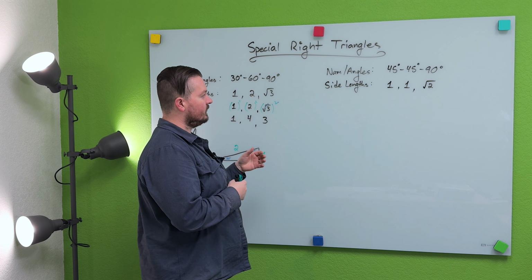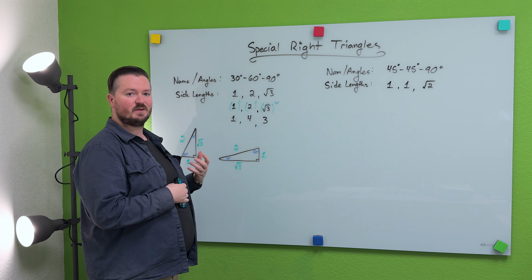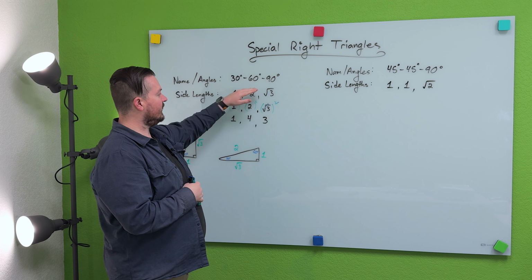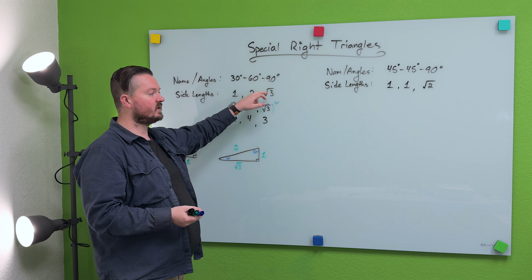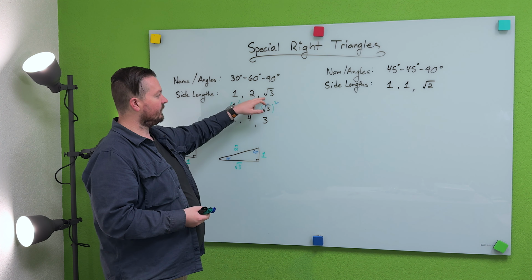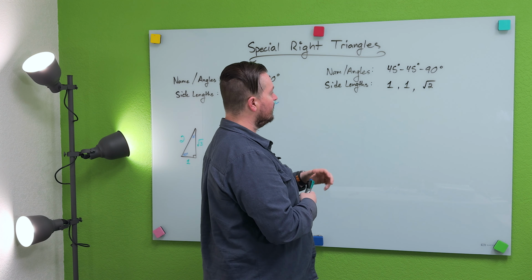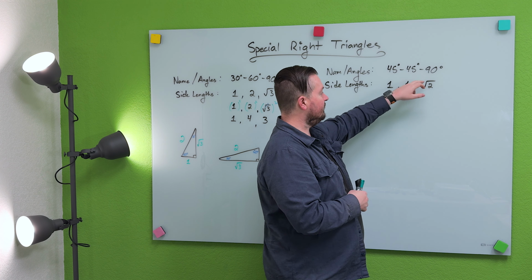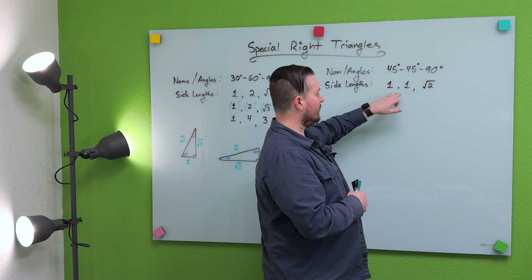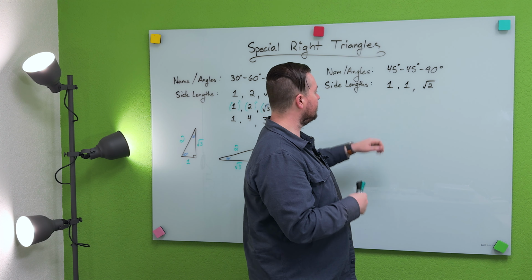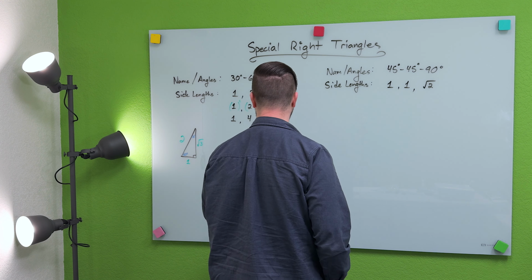So both of these, I just want to point out before I forget, have very nice patterns with the angles and with the side lengths. 30, 60, 90, very easy numbers to count. 1, 2, square root of 3, also very easy numbers just to count up and to remember. Well, 45, 45, 90, two angles are the same. 1, 1, square root of 2. Two side lengths are the same. So there are nice little patterns that may make this easier for us to